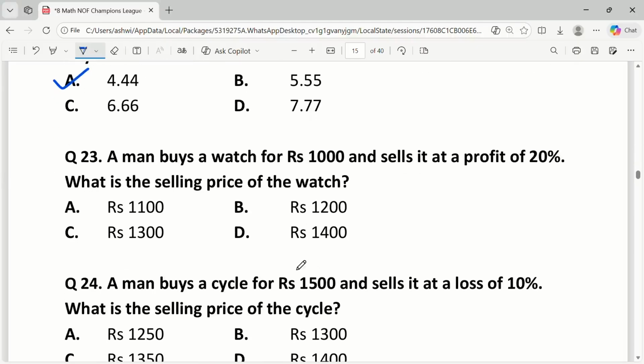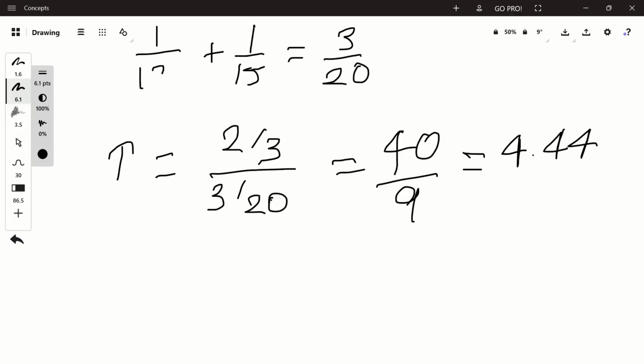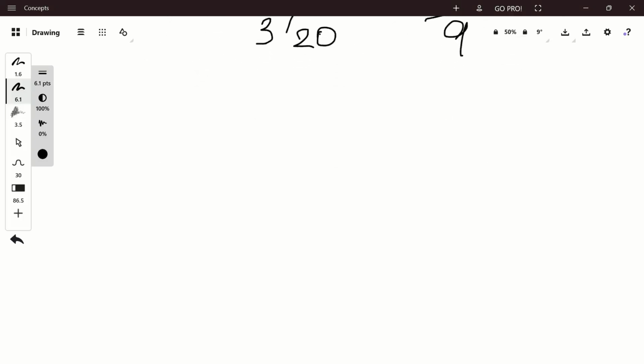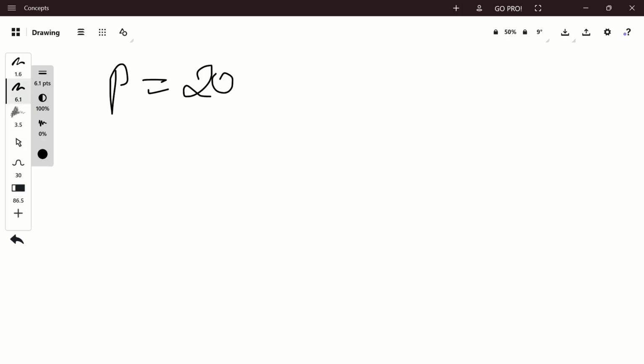Question 23. A man buys a watch for rupees 1000 and sells it for a profit of 20%. What is the selling price of the watch? The cost price is 1000 and the profit is 20%. Profit is equal to 20% of cost price, which is equal to